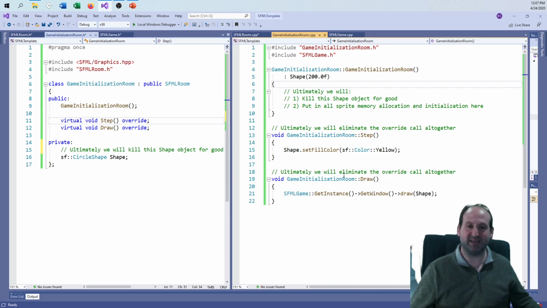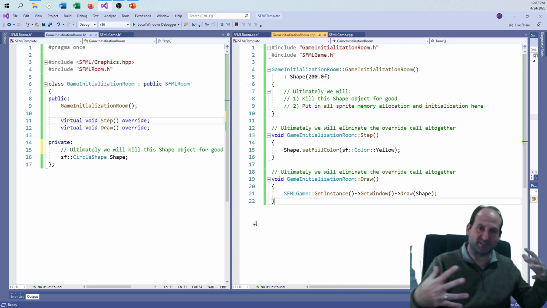Everything basically I just stole from the game class. This was in the step event of my game class. This was in the draw event. I just modified it, of course, to make it work, move it over and make it work over here. Okay, and then every time we're going to create a new game room, once our framework is a little